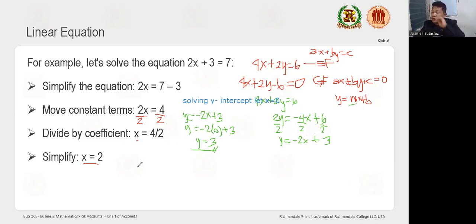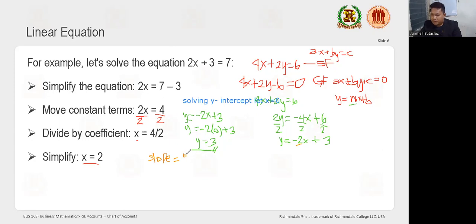Now, all you have to do here is get the formula of the slope. So our slope here automatically is negative 2. Take note for our slope. I'm sorry for my writing. So slope is equals to